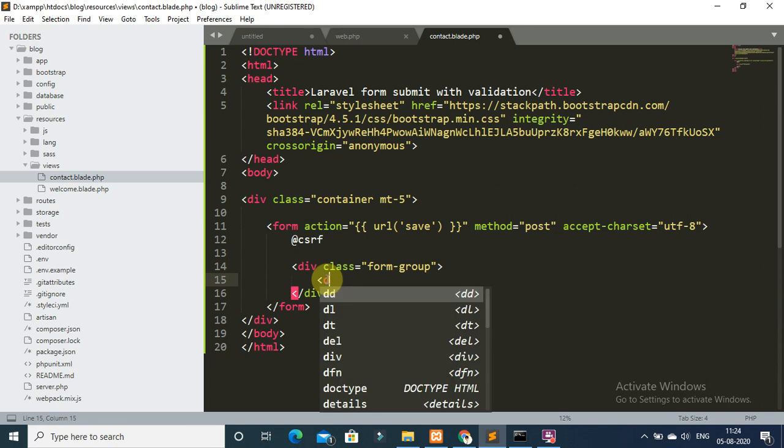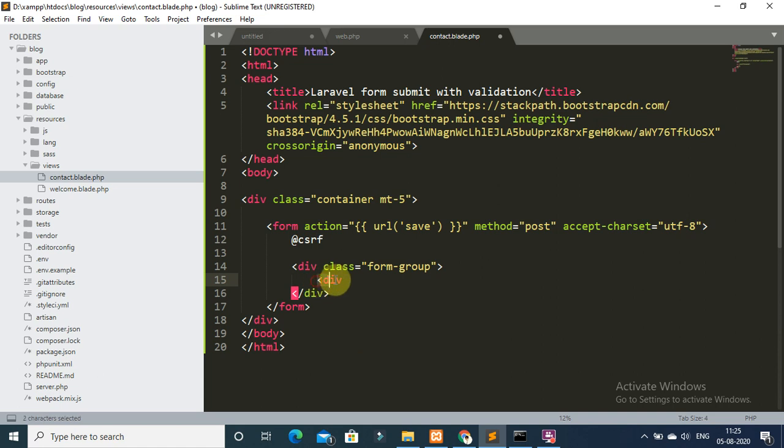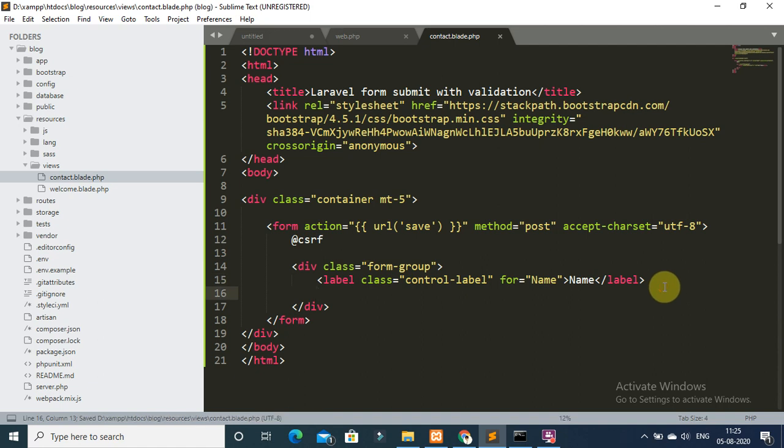Inside this, create a div again, create a label for the name field, and add class control label. Then create the name field.